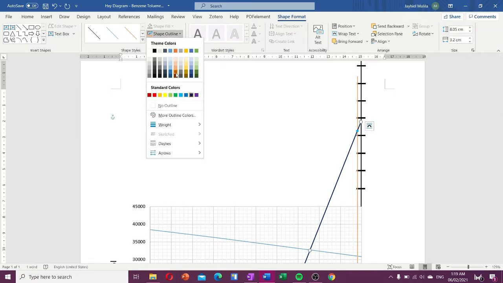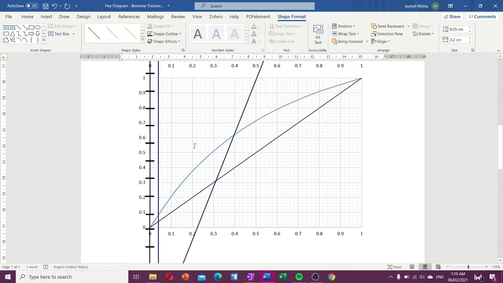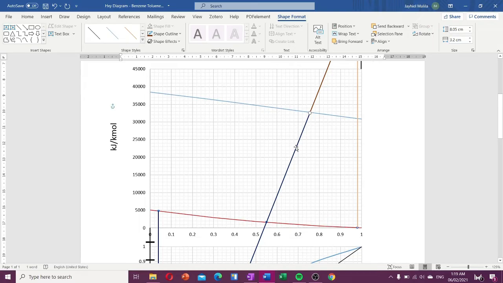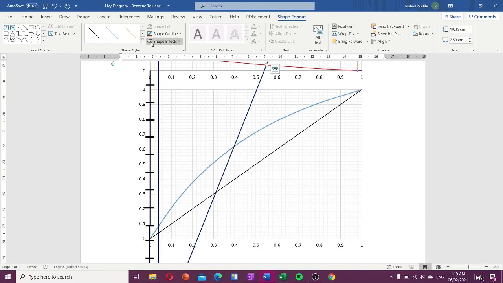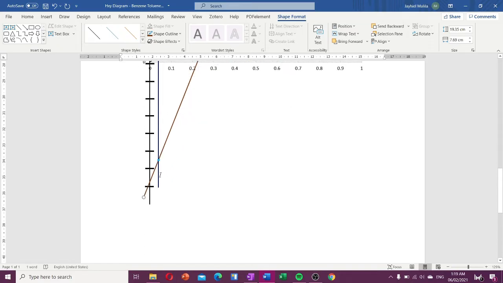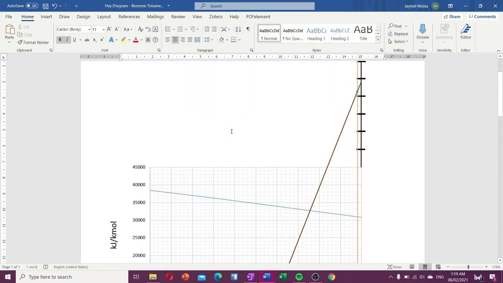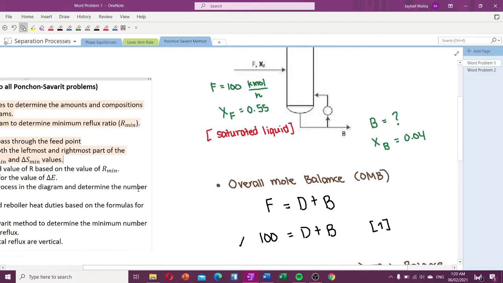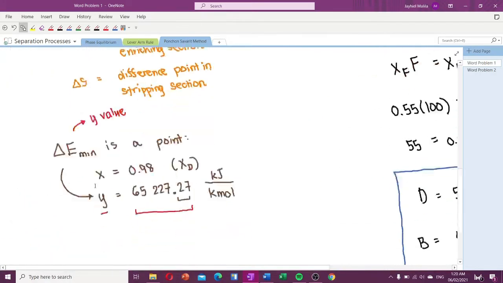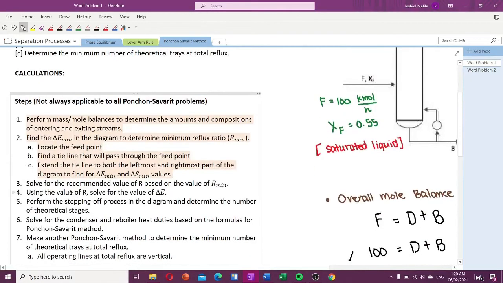And then this is, let's color this brown. Oops, they're actually different colors. Okay, so that's what took everything long. Sorry guys. Okay, so that's it for the delta E min and delta S min. So I have the value of the delta E min already. Okay, the next step is for me to,